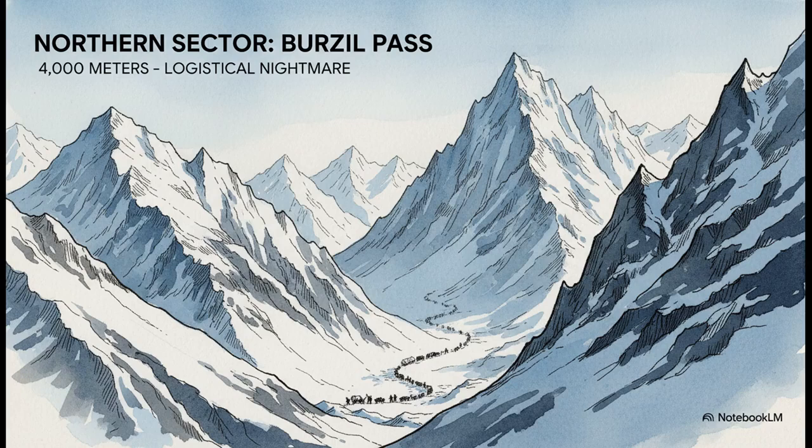Meanwhile, the northern sector was an entirely different kind of nightmare. Logistically, it was brutal. The central Kashmir Valley is cut off from the Gilgit and Baltistan region by the Burzil Mountains, part of the towering Nanga Parbat range. To even access this area, forces had to use the ancient caravan route between Srinagar and Gilgit, which goes right through the Burzil Pass. The crazy thing here is the elevation. This pass sits at a staggering height of 4,000 meters. Trying to fight a war and just maintain basic supply lines at that kind of altitude requires immense resilience